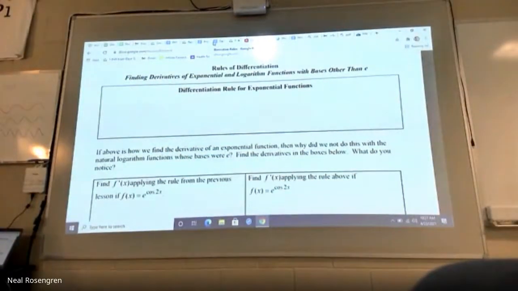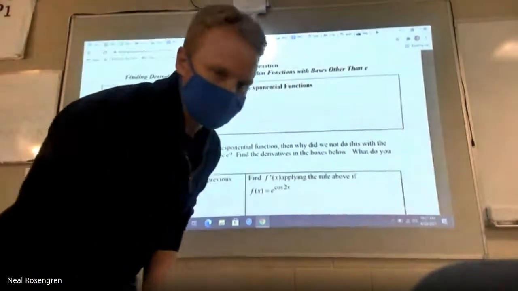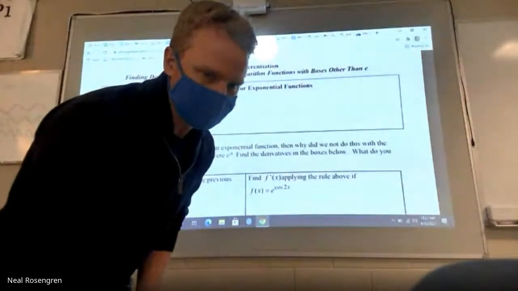And here on the top of page 220, all we really do is we extend the same ideas to bases that just aren't e. You're going to see how similar they are. Really, there's only one little thing you have to do, one little constant that we have to get in there. That was actually there the whole time, but that constant ended up being 1, and so we don't include that in the rule when bases are e. But it does show up here when we're talking about exponential functions